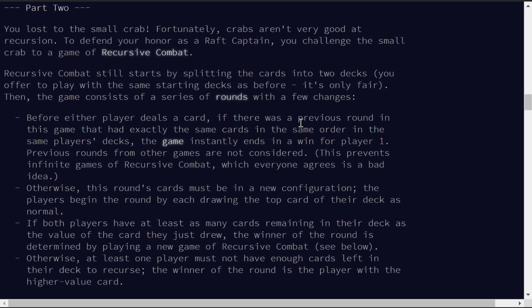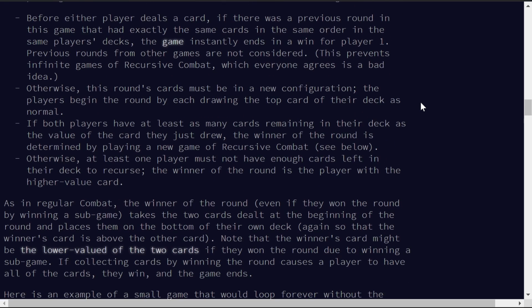Okay, on to part 2. You lost the small crab. Fortunately, crabs aren't very good at recursion. To defend your honor as a raft captain, you challenge the small crab to a game of recursive combat. Recursive combat still splits them into 2 decks. You offer to play with the same starting decks as before, it's only fair. Then the game consists of a series of rounds with a few changes. Before either player deals a card...